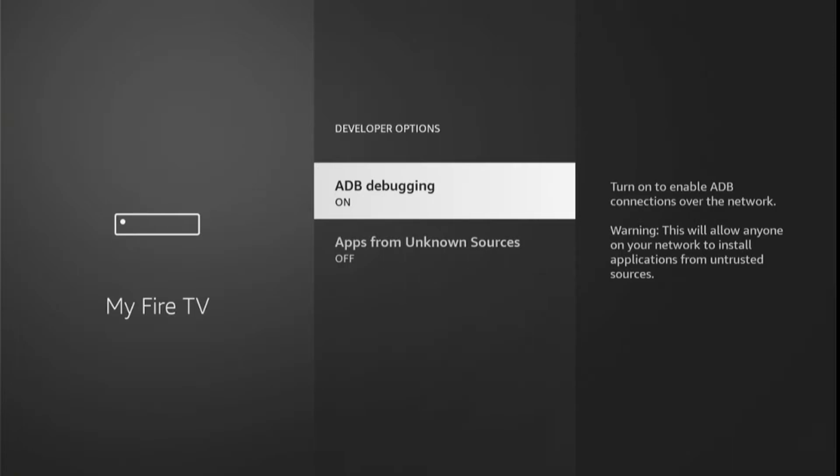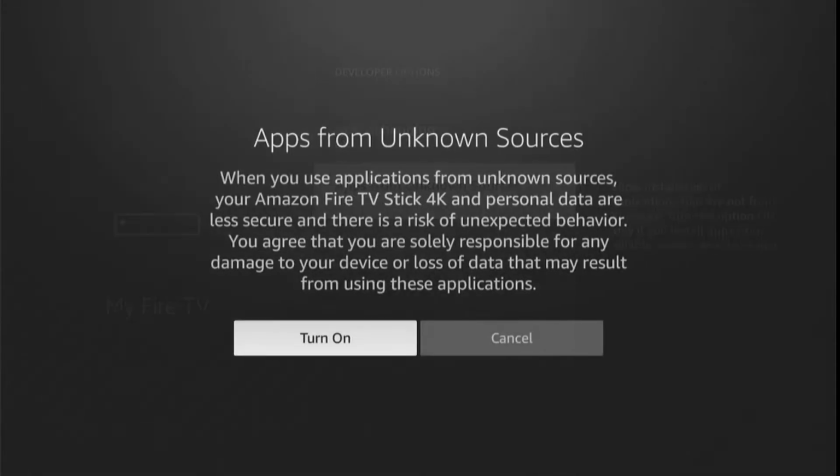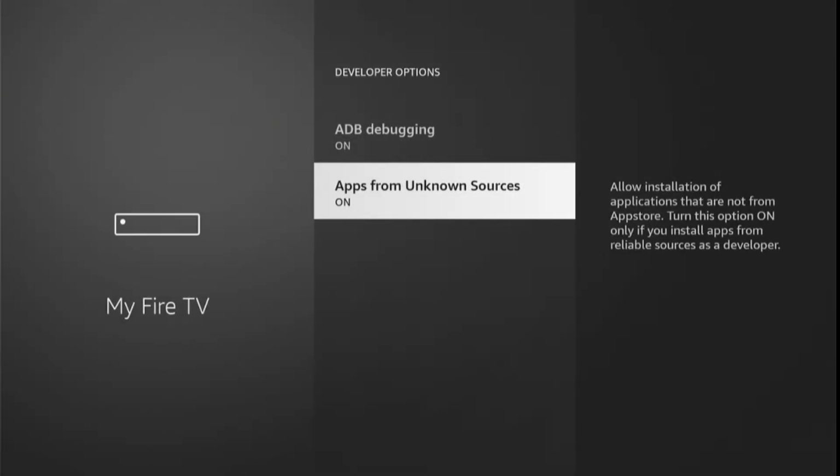and here you will find 2 options. So slide down and click on apps from unknown sources. A warning message appears on your screen, so select turn on, and here as you can see, apps from unknown sources has been enabled. Now we can install any third-party application on our Fire Stick. After this, go back to the home screen by pressing the remote home button,